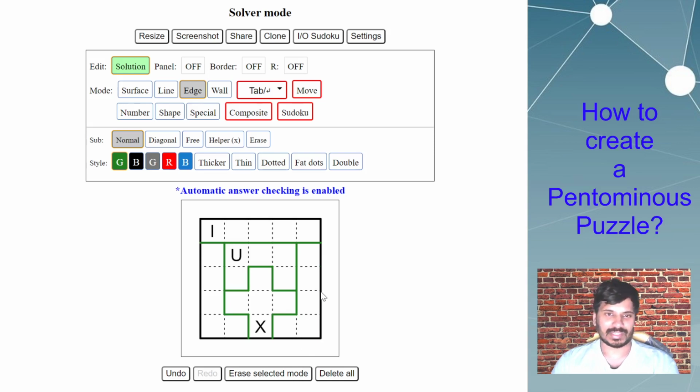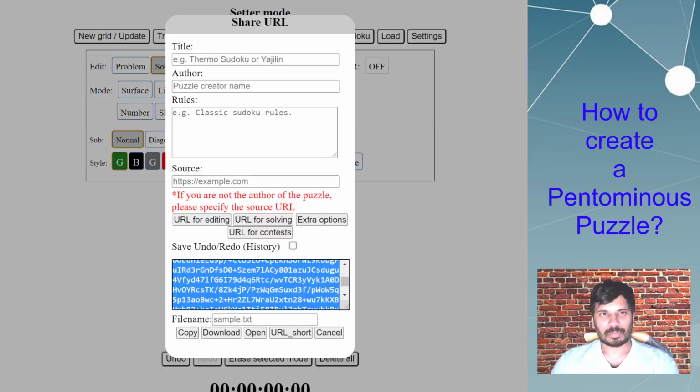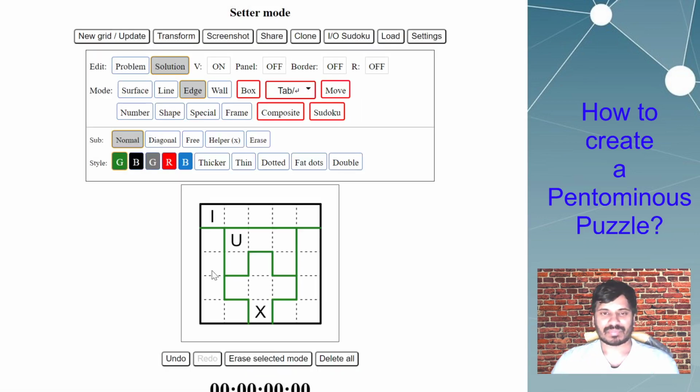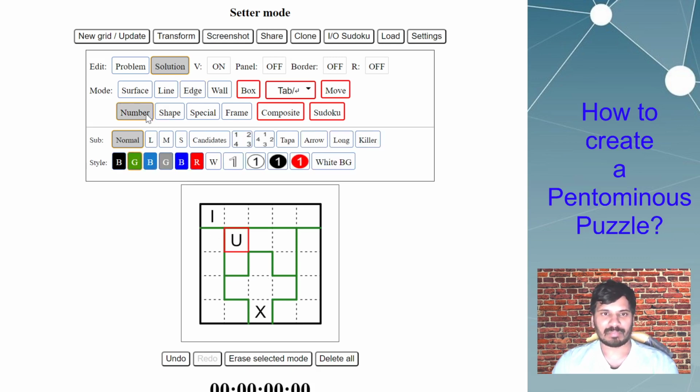So that is the advantage. The other option which I skipped here was this OR column, which I recently added. This is for the multi-solution feature. What I mean by that is there are different styles to solve pentominous puzzles. Some solvers prefer different kinds of styles to solve these puzzles. For example, edge is, I guess, the most favorable one, but some people might just like to put in